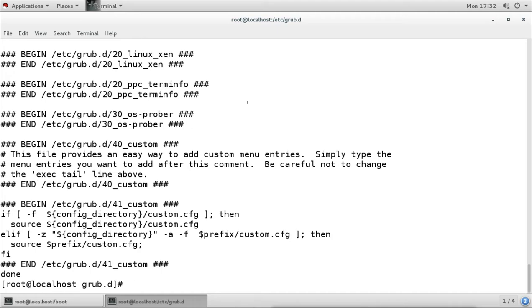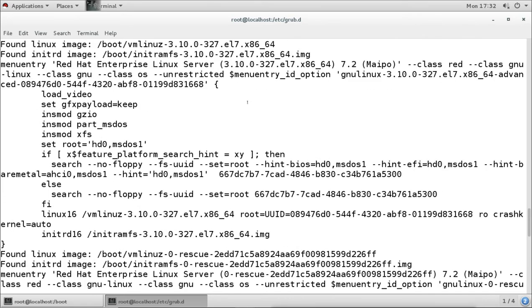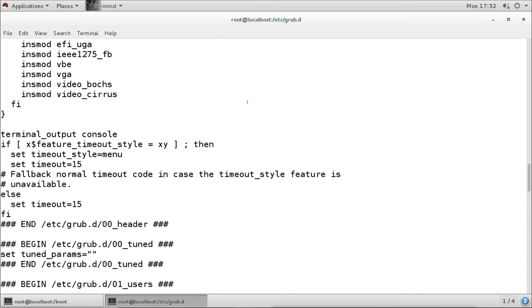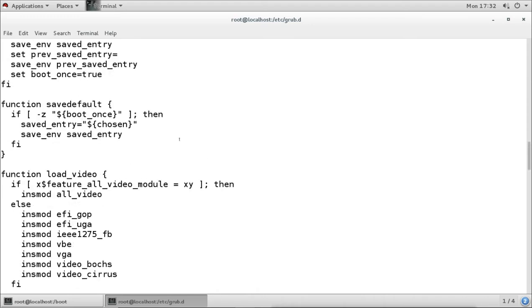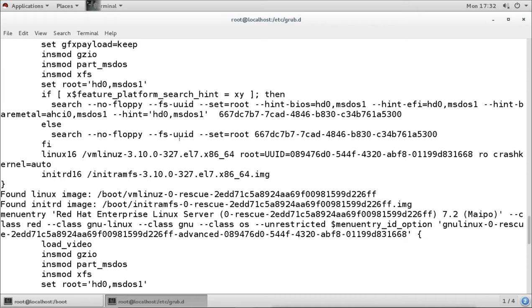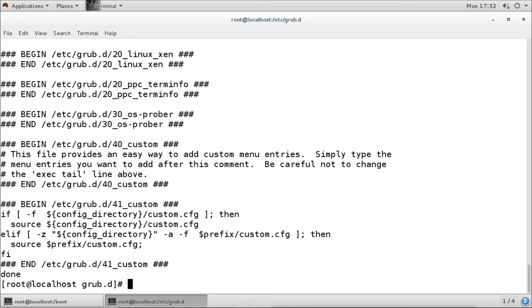So it is generating the main configuration file output by using the templates. Now we have not changed any templates, but we have changed the default files, and we can see the timeout is now 15. Also we have removed the RHGB quiet option. Under the Linux kernel option, we can see there is no option saying RHGB quiet. So we have updated the changes, we have checked the changes, and there is no error here. That means our configuration is right.